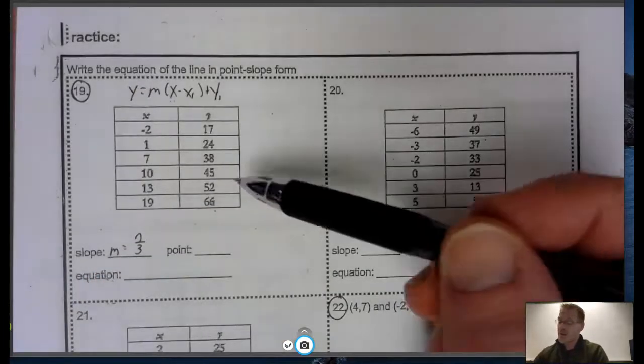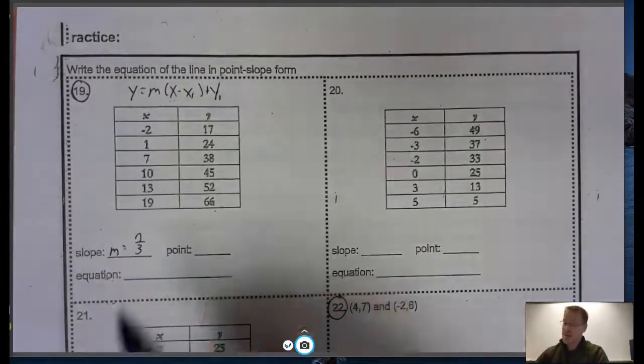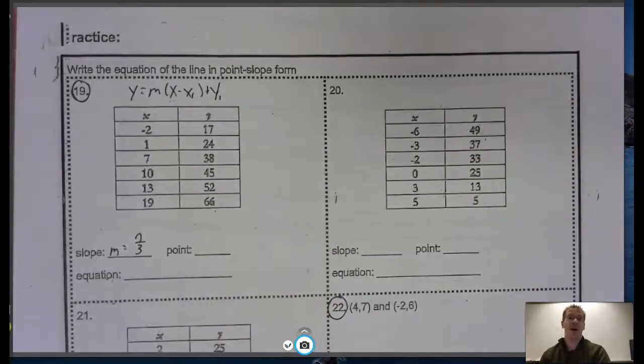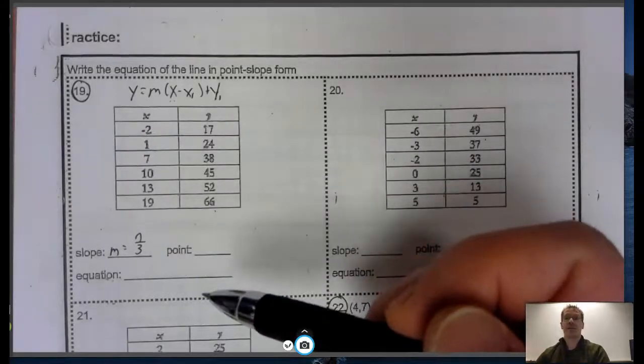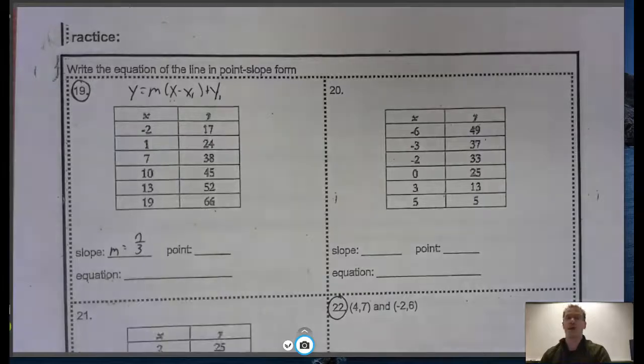Now, once again, it's a little different. So we have 1, 2, 3, 4, 5, 6 different points you can pick. You can pick any point in this table, and it does not matter. That means there are 6 possible correct answers here because 6 points could be picked. I'm going to pick the last point here, which is